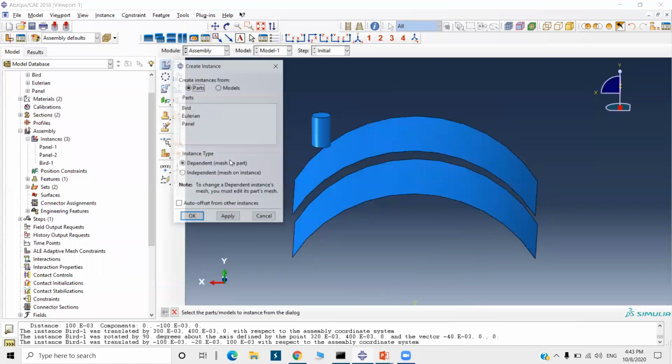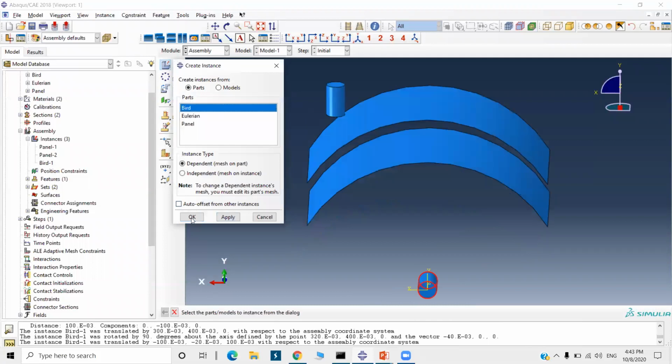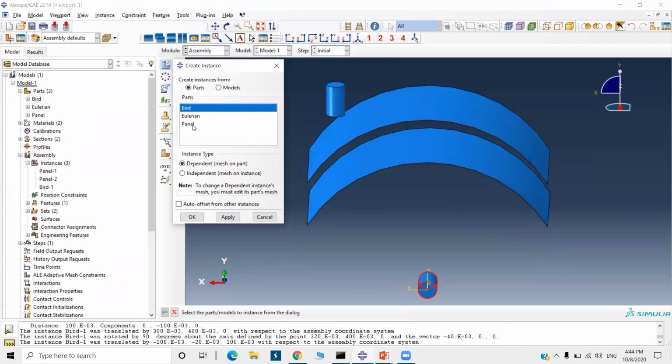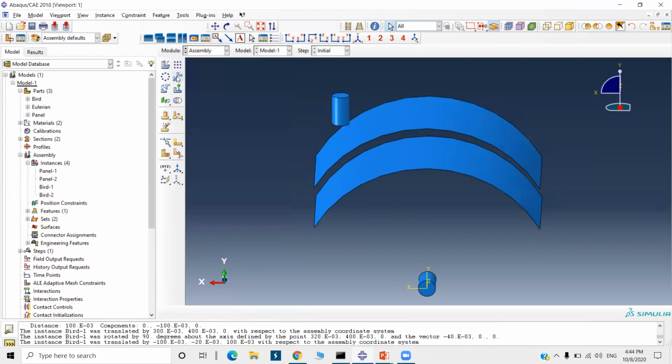Okay, again I will click on this bird. So only one bird we have created, but we can make as many instances as we want from the one model only, one part. Again, translate it. So in the minus x direction, I have to translate minus 0.3. Sorry, first point. Okay, I will cancel this operation. First point should be 0.